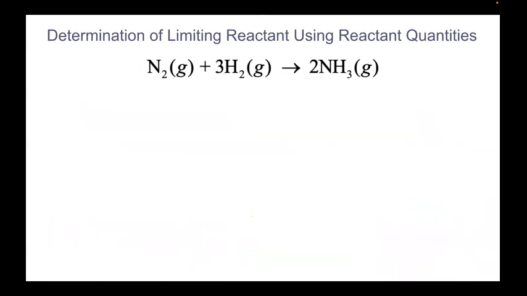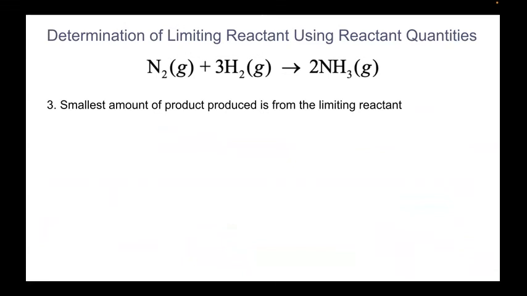So to get that written up in our step number 3, the smallest amount of our product produced is from our limiting reactant. We're able to say that our limiting reactant is our H2, and we're able to say that it would produce 1650 moles of NH3. Now, if we go back to the beginning, the question was asking how many